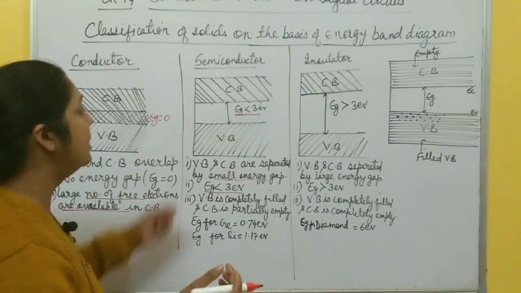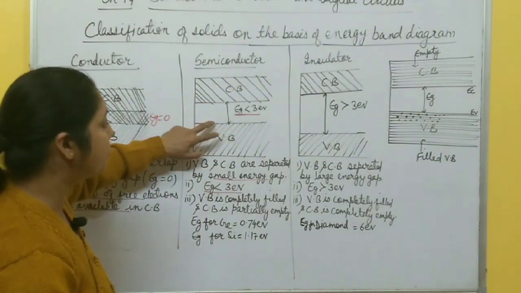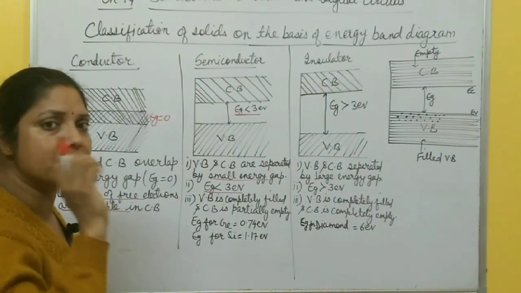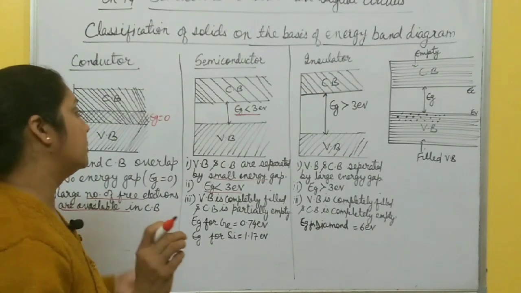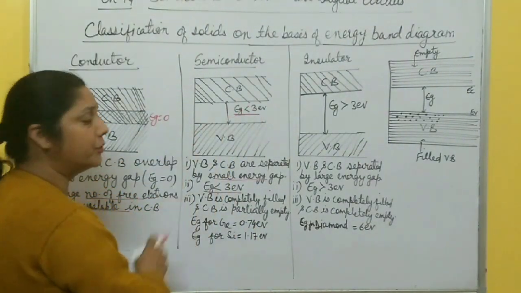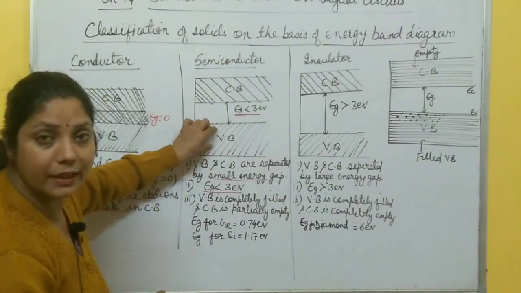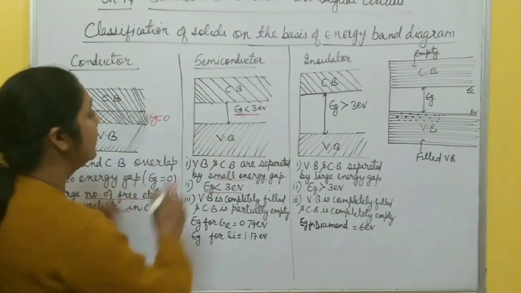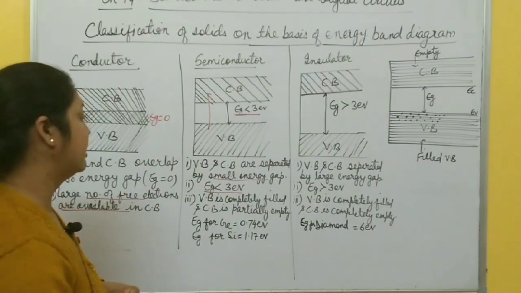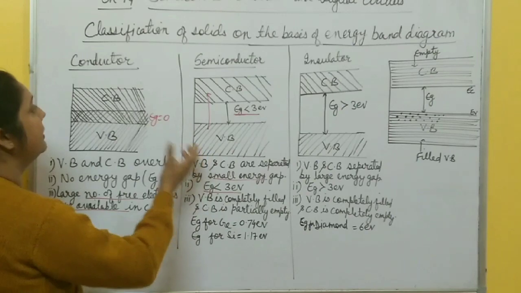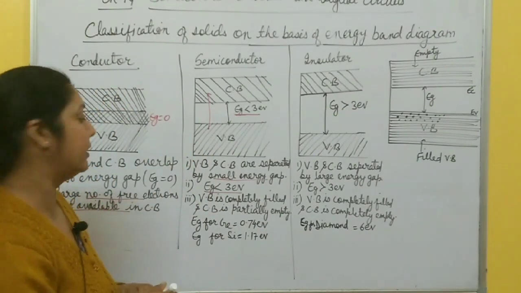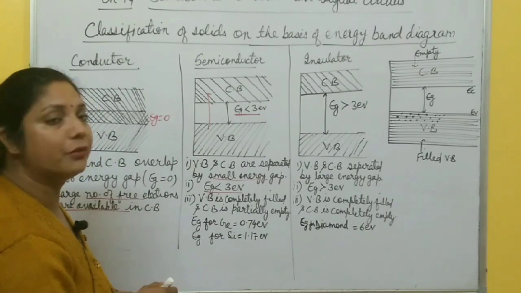At room temperature, some electrons move from the valence band to the conduction band. So the conduction band already has some small amount of electrons. If a small amount of energy, less than 3 electron volt, is given to the valence electrons, they can easily move from the valence band to the conduction band and are ready for conduction. So its conductivity is a little bit less than a conductor, but it still has some electrical conductivity at room temperature.